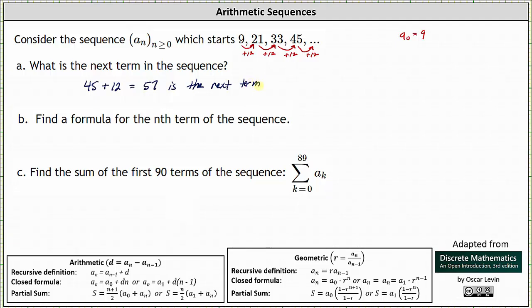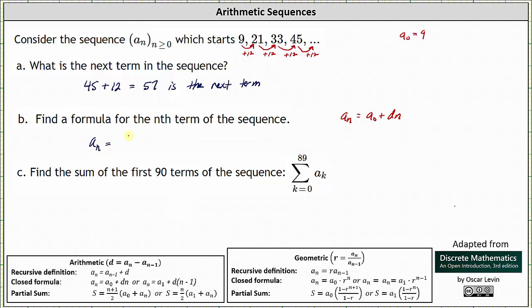For part B, we're asked to find a formula for the nth term of the sequence, which will be a closed formula for the arithmetic sequence. And since the first term is a sub 0, we use the closed formula a sub n equals a sub 0 plus d times n. If the first term was a sub 1, we would use a sub n equals a sub 1 plus d times the quantity n minus 1. So in this case, we're going to use the formula a sub n equals a sub 0 plus d times n, where in our case a sub 0 is 9 and d is 12, which gives us a sub n